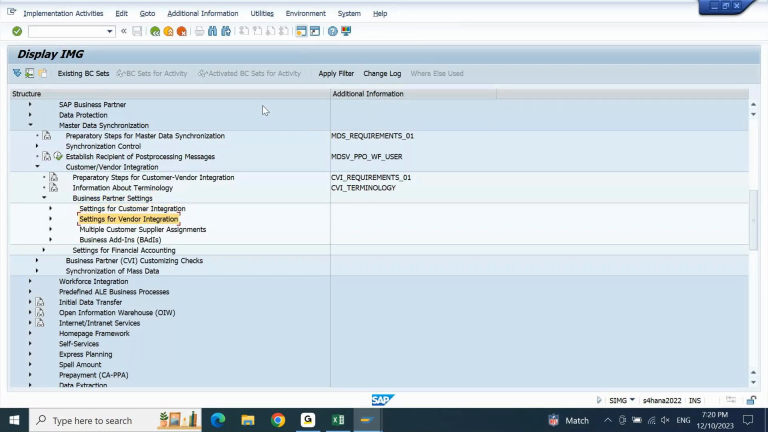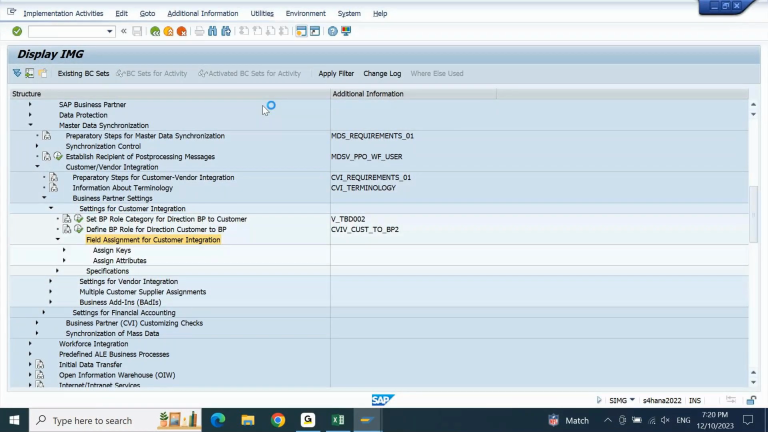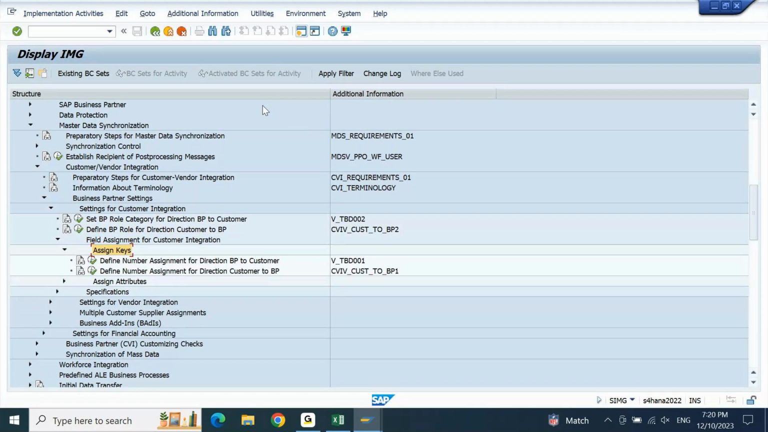Now we need to open customer setting. Open settings for customer integration. Under that, field assignment for customer integration. Below this, we went inside assign keys. It is exactly the same, except supplier is replaced by customer. Otherwise, there is no change. The logic we used yesterday was direction BP to vendor. Here also we are using the same logic, direction BP to customer. Open this setting